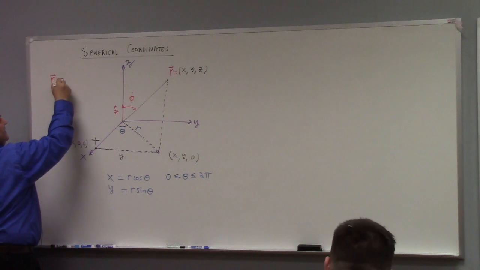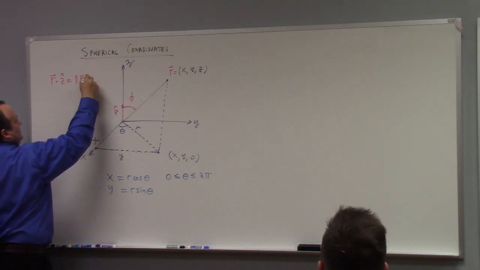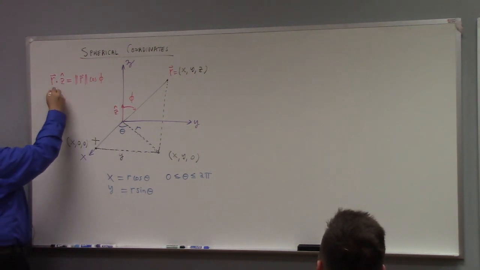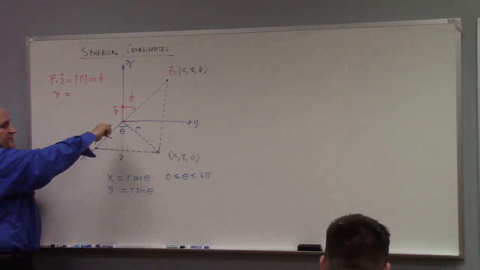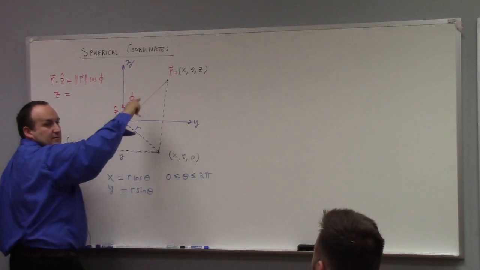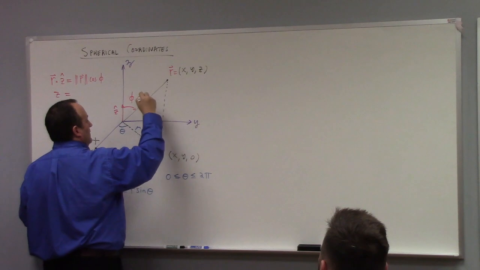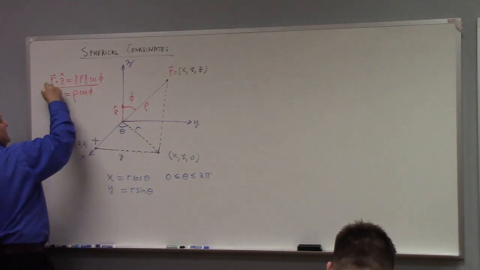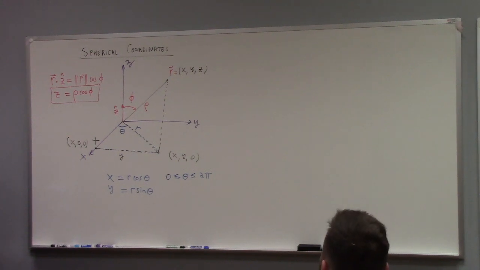vector dot z hat would be equal to the length of the position vector times the cosine of that angle, right? But this is z, and what's the length of this black line here? We give it a name. We call it rho for the spherical radius. So it would be rho cosine phi. Now that is the first of the spherical coordinate formulas. Well, not the first, the last, I suppose. But as it turns out for this lecture, the last will be first, right?